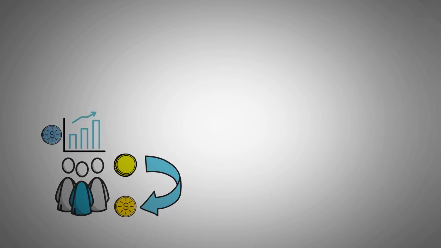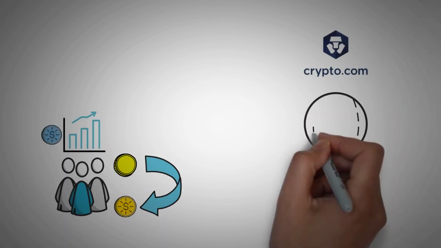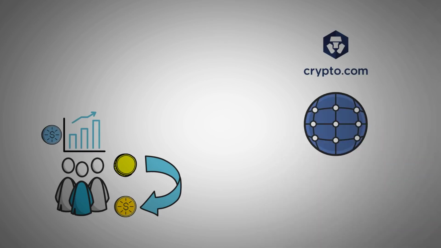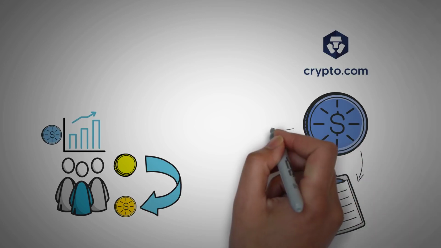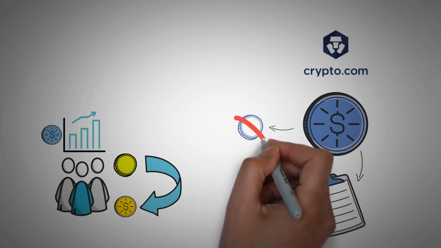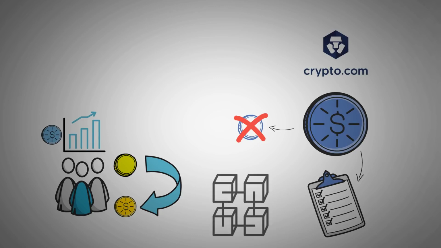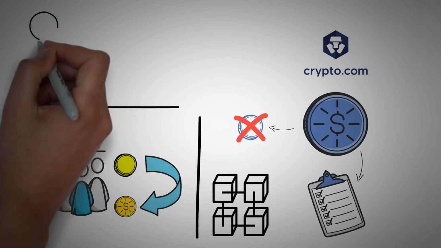Also, you should know that a team of developers can migrate from a token to a coin if they decide that their project is growing quick enough. If we think about crypto.com, they recently just launched their own mainnet, which is a fancy way of saying they launched their own coin now, which is now validating their own transactions. See, they used to have a token, but it got so popular that they decided to create their own blockchain and branch off.